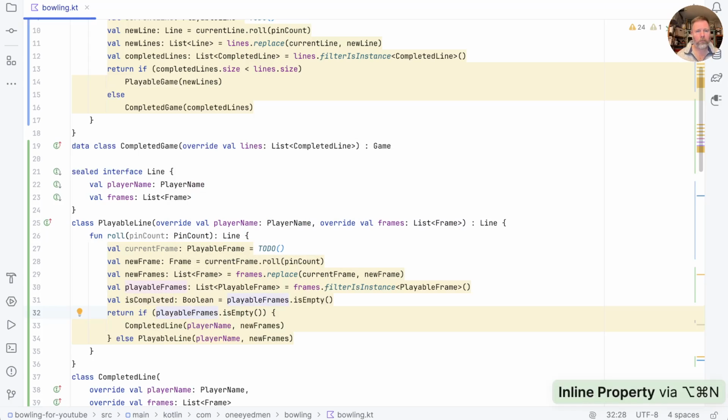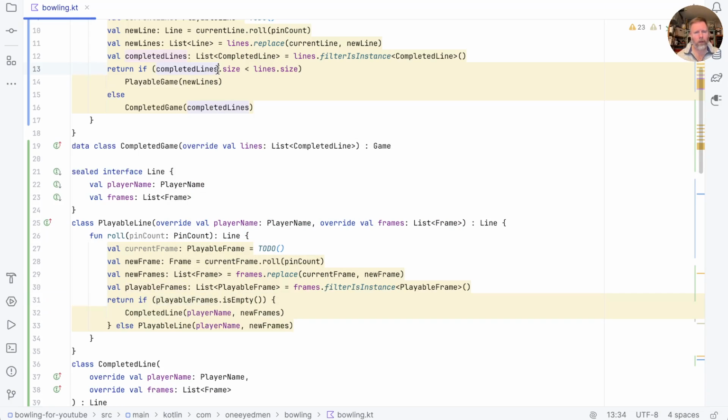And we can inline that. Looking up here, we have a sort of asymmetry. Here we're finding completed lines, but here we're finding playable frames. We're doing that here because a completed game should consist of completed lines. And I suppose it's probably true that a completed line should consist of completed frames, but we don't actually have